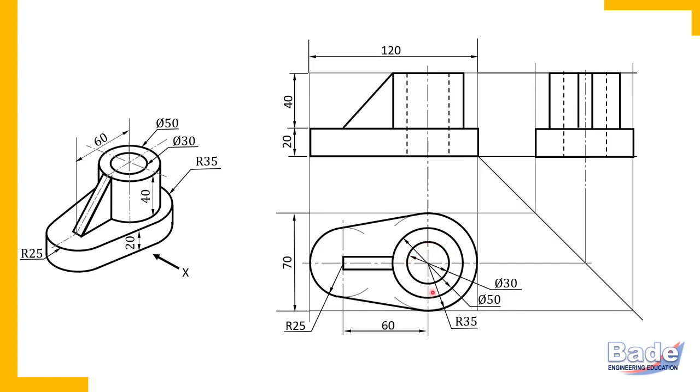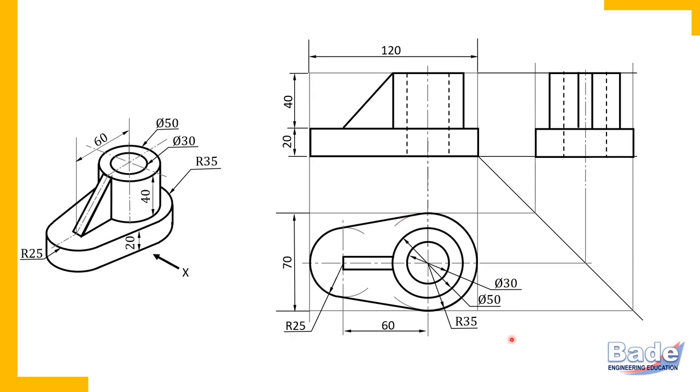But when it is a complete circle, you must insert its diameter. So this inner circle has a diameter of 30 millimeters. This outer circle, that is the boundary of the cylinder, has a diameter of 50 millimeters. So remember what I told you. A portion of a circle is always to be dimensioned with radius, and a full circle you must always dimension with diameter. So insert all given dimensions,